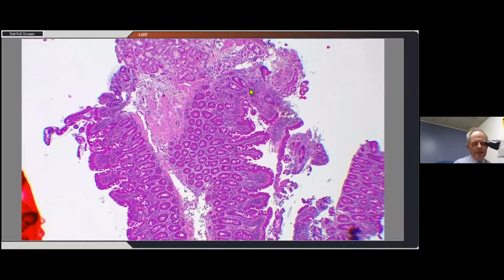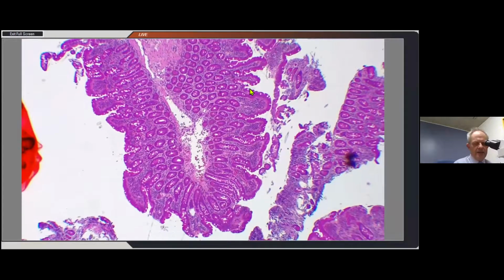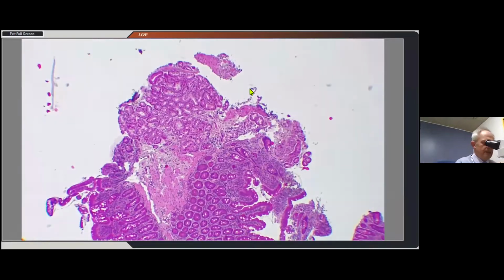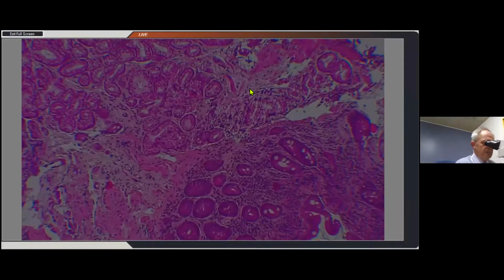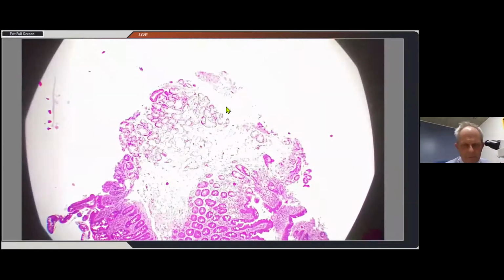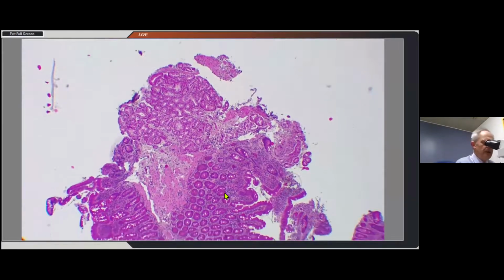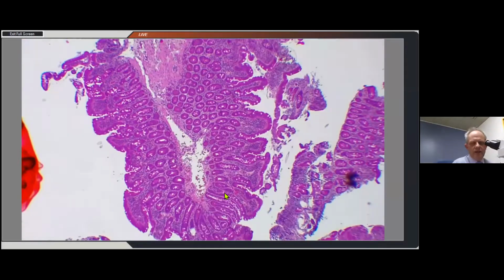So here we've got small bowel mucosa or duodenal mucosa, as you can see, and then just at the edge of this particular biopsy, one can see Brunner's glands under lower power magnification. You see Brunner's glands there. You've got the muscularis there. So that tells you that you're definitely in the duodenum. And if we look at the overall architecture,